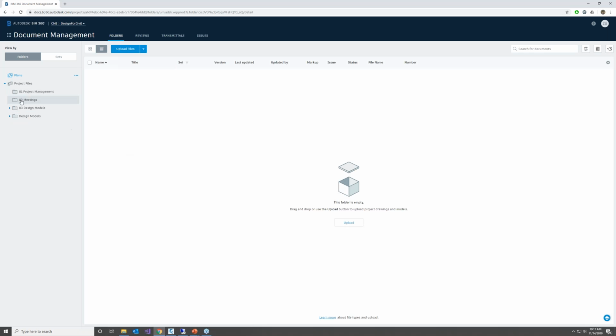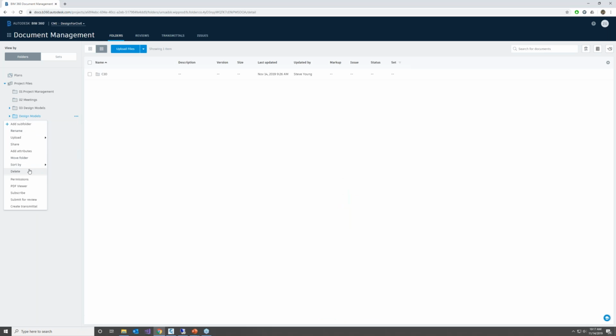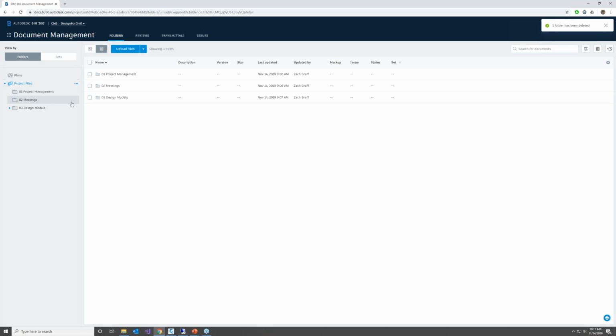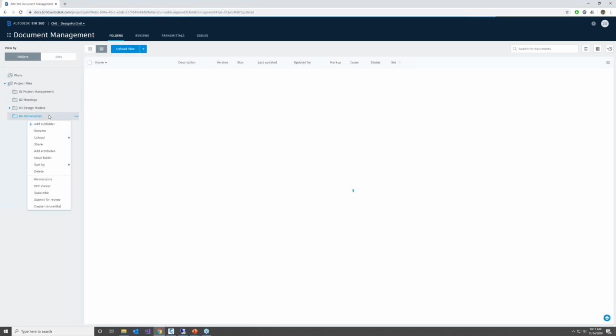So this folder structure that you see on the left, I created, and it's very easy to create. Actually, I don't need that folder. On the left side here, you can simply click on this ellipsis, and I can add a subfolder. So I'll make a new folder called 04 Deliverables. And then on any folder or subfolder, again, you can right-click or go to that ellipsis, and you can set